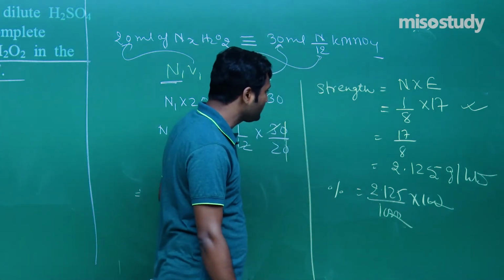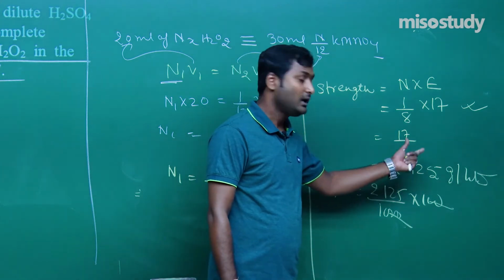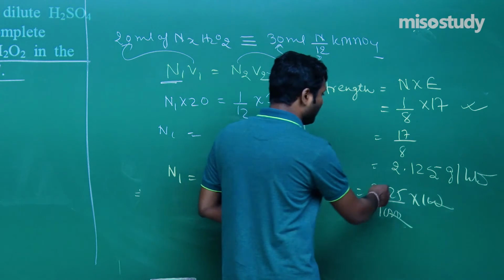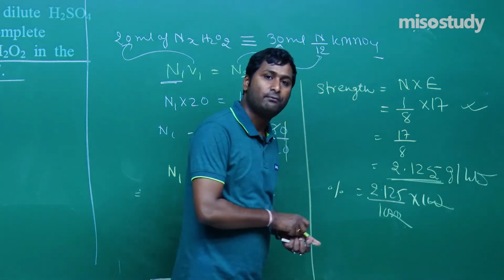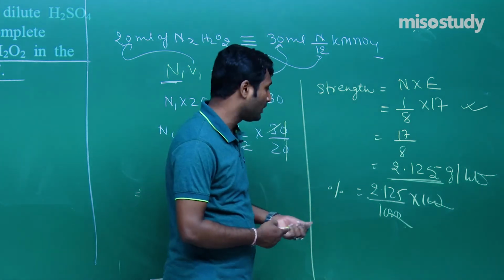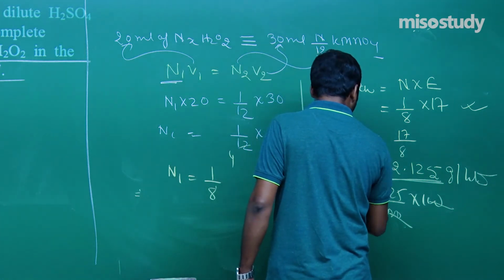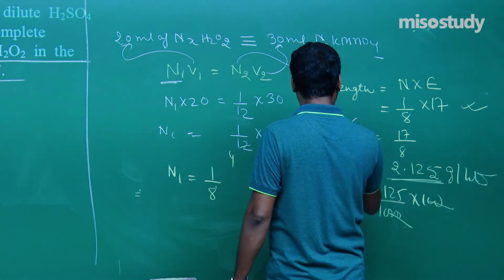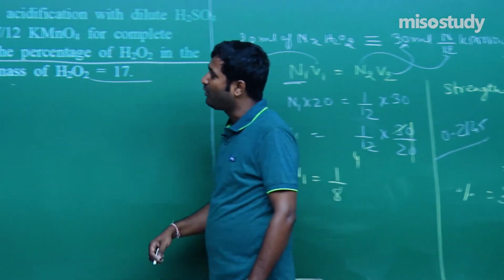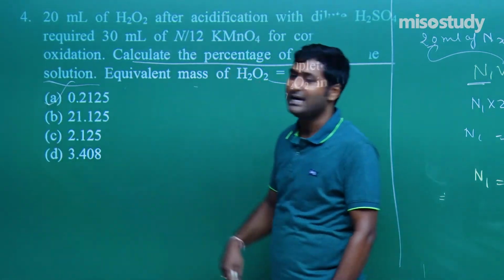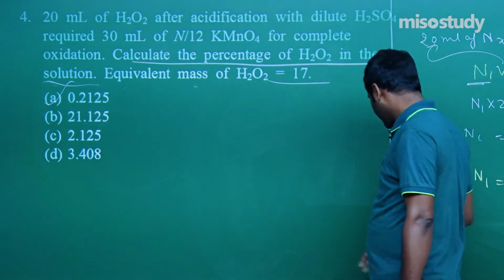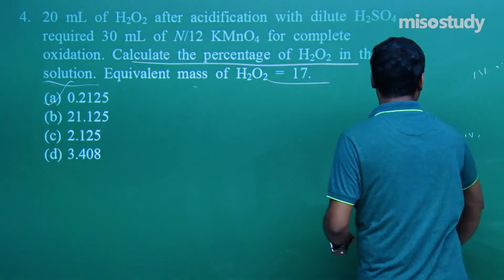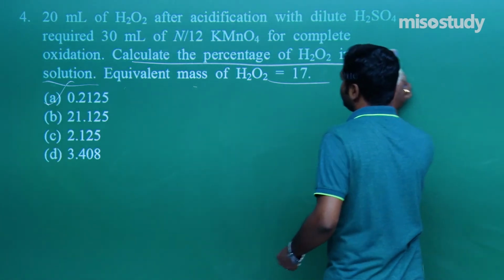0.2125. Sometimes we do not have time to give the complete calculation. We do not have pen and paper. So sometimes I write the direct value. If you have pen and paper, then you can easily solve. So the answer in this case is 0.2125. A is the correct option. Now I'm going to rub this part, friend, and we'll discuss the next question. What will happen in this case? Check it out.